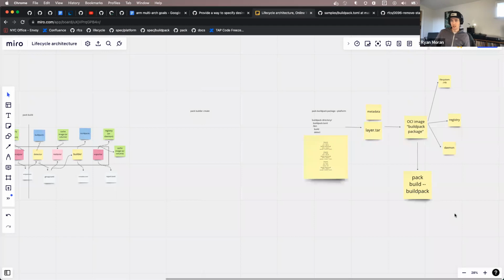I think there's this whole other open question. I saw people bring up things like, I want to be able to say pack build and have the output be a multi-arch image, where you're specifying multiple platforms and then it's running builds maybe in parallel and stitching them together and coming out on the other side.